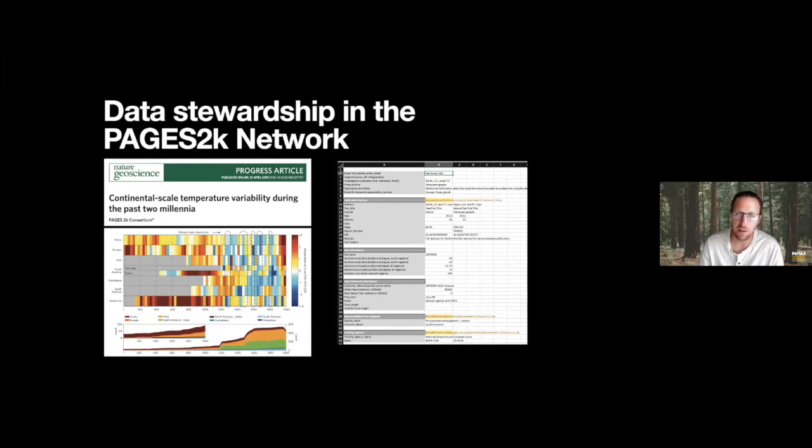But one thing that came out of that was that the 2K network groups spent a lot of time working with the World Data Service for Paleoclimatology at NOAA, and had a big input on what their updated standards were, and we worked together through that. So those of you who were involved in that project will recognize some of these Excel fields that were used to pull things together.